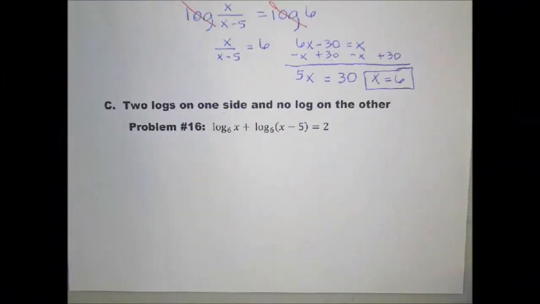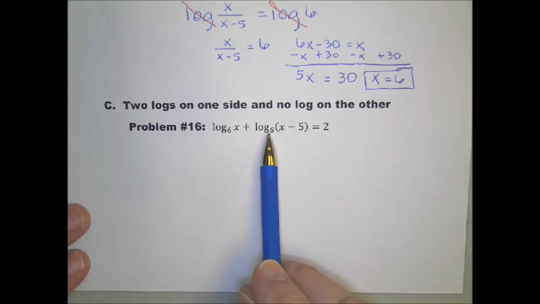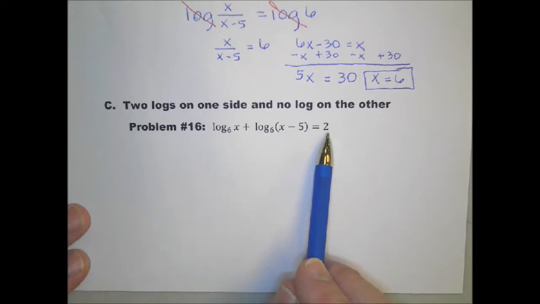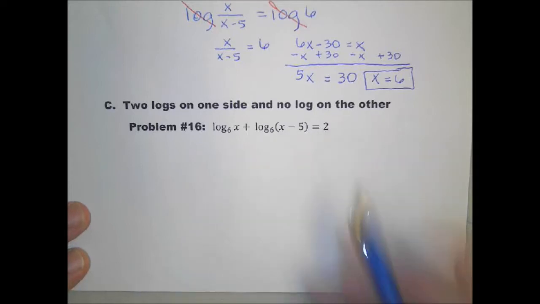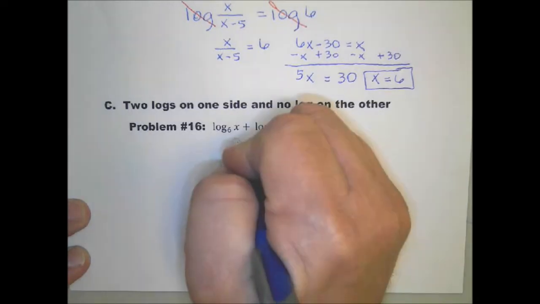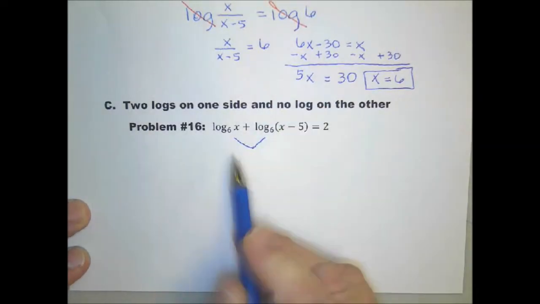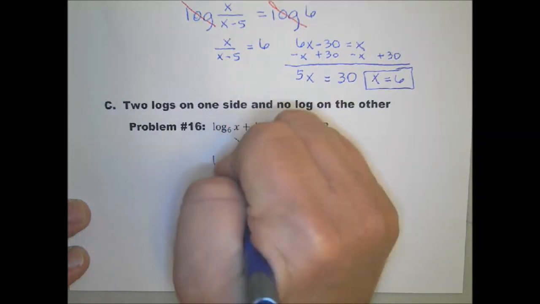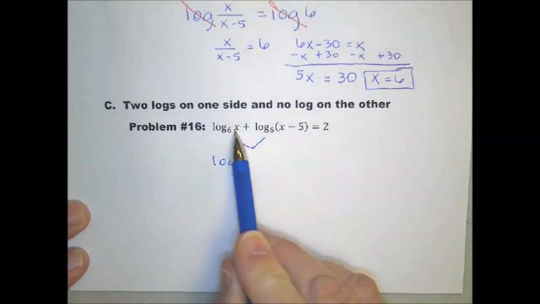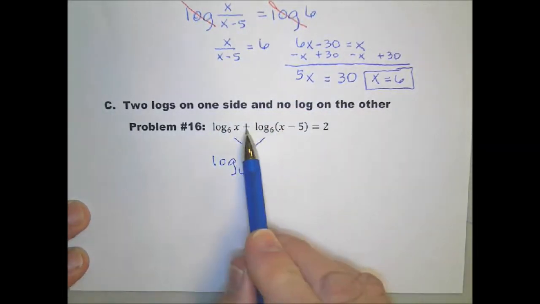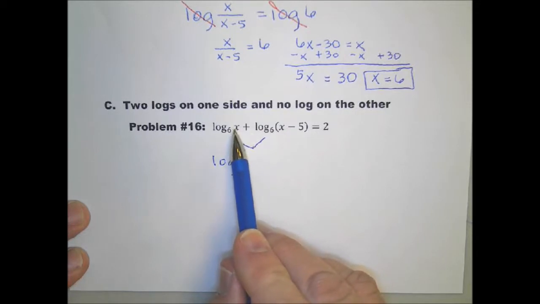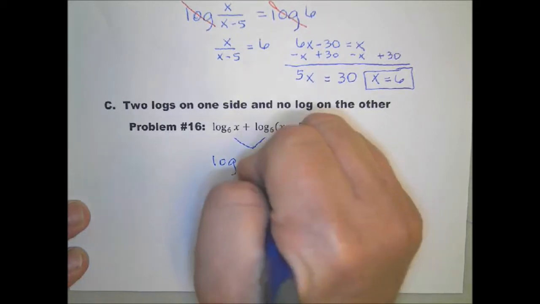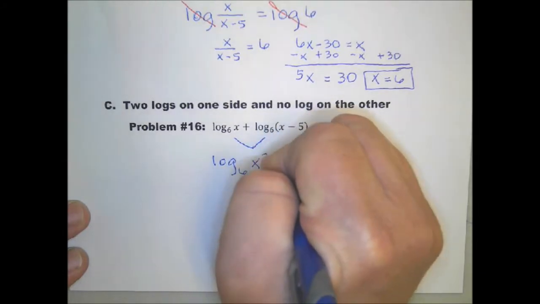The third type of problem you're going to find on Objective 6 is problems that have 2 logs on one side of the equal sign, but the other side, there isn't a log at all. It's just equaling a constant. So what we're going to do on the left-hand side, we're going to simplify or condense these 2 logs into a single log. So this would be the log base 6 of, now since these 2 logs are being joined with addition, I'm going to multiply x times x minus 5. So I'm going to get x squared minus 5x